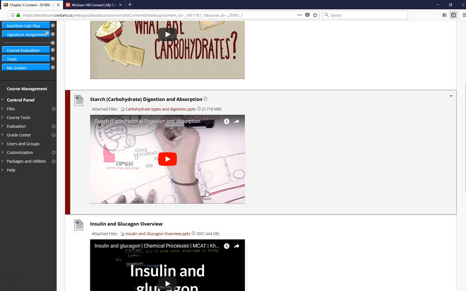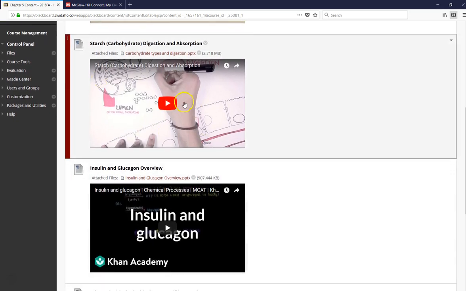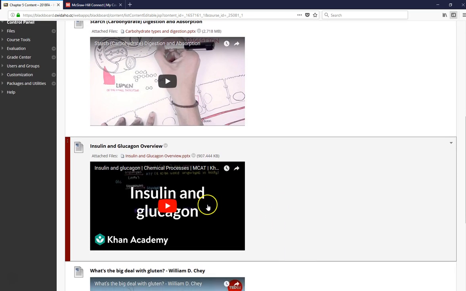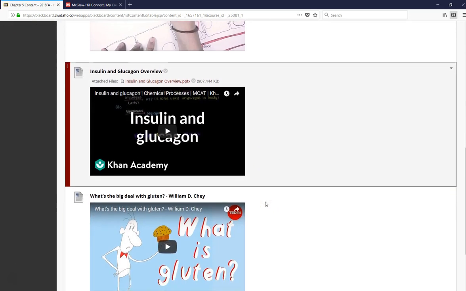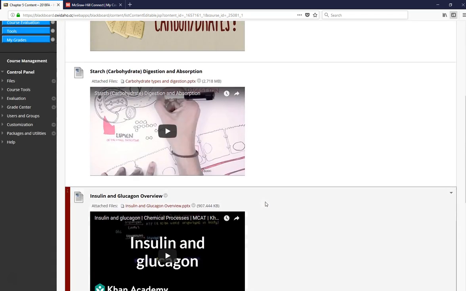Now that we've accomplished chapter 4 and we've laid the foundation of understanding how we actually take the food we put in our mouth and break it down to the point where we can yield its essential nutrients and eventually turn it into ATP, that process is slightly different for every macronutrient, i.e. carbohydrates, protein, and fat. And so you're going to want to study in depth on carbohydrates, as that is the focus of chapter 5. And so I have some videos here for you, particularly about how some of these hormones work, enzymatic reactions, and the digestion process ultimately. Okay?